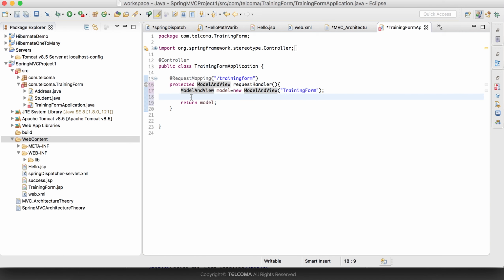Fine, so this is not accepting any parameters. One more point I want to tell you over here. Here we can also define our request method if you want. That this is my request method, that is dot get method or whatever you want. Let me define that